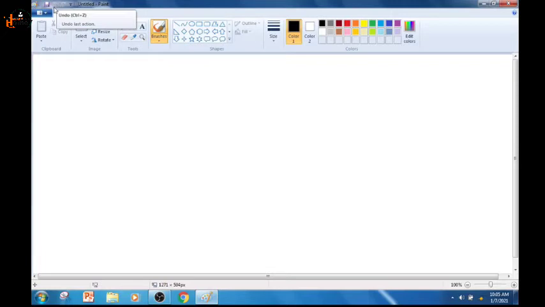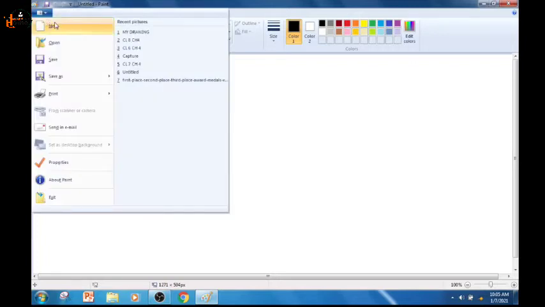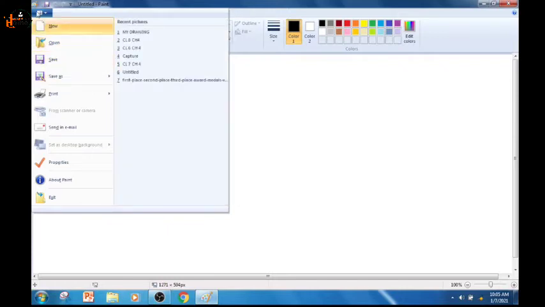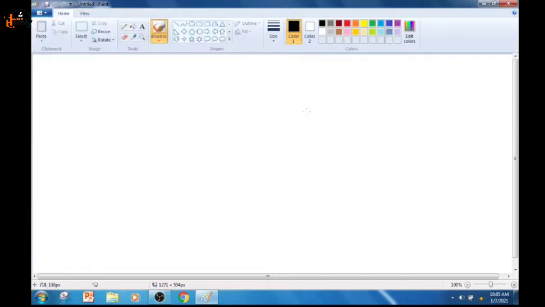Okay, then below the quick access toolbar we have paint button. When you will click on this paint button, you will get the options to open a new page, to open the saved drawing, to save your drawing, print your drawing, and so many things. Okay? If you have to save your drawing, you will save from paint button. Okay? Okay. Next, after paint button, we have tabs. These are the tabs. Okay. Home and view. These are the two different tabs of the paint window.